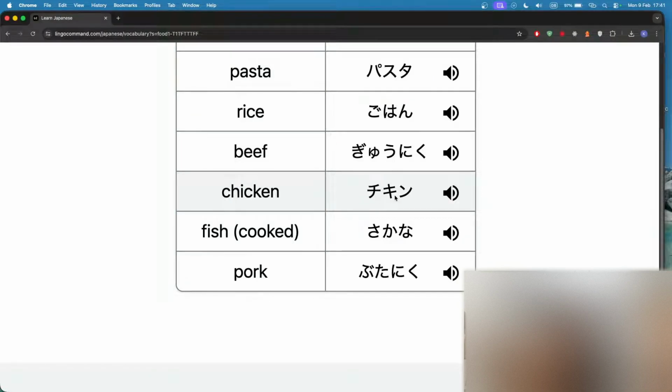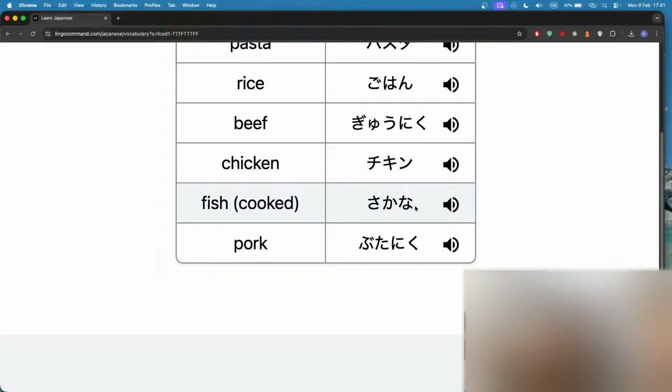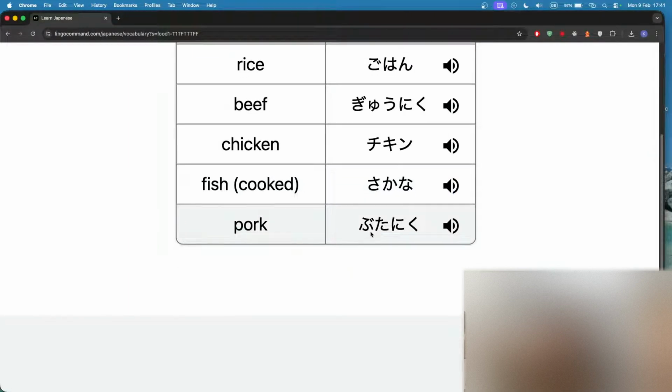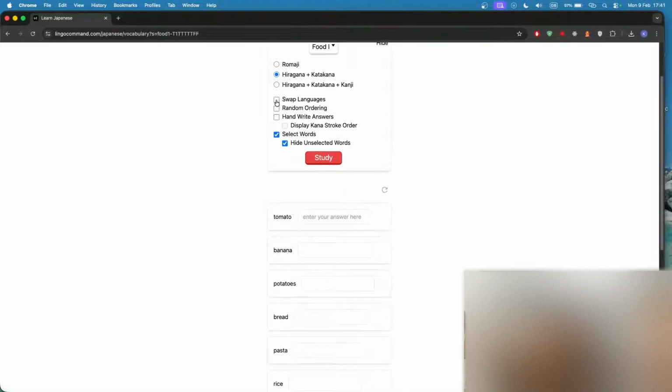Chicken is chicken. Okay, so it's literally the same pronunciation as English. It's a loan word. チキン, and then fish cooked is sakana. 魚, and then pork is buta niku. So niku is again meat. Buta is pig. So pig's meat is pork. That's nice. 豚肉,